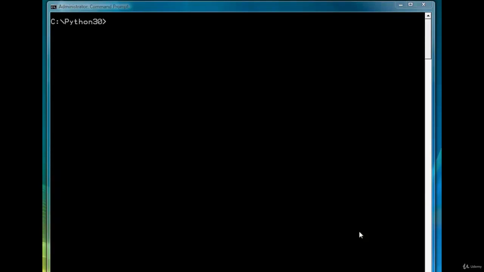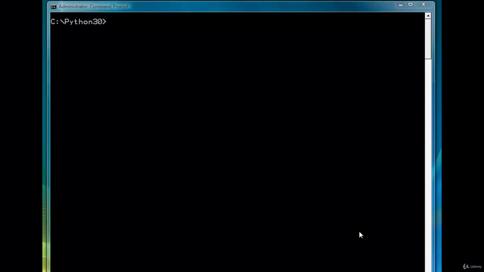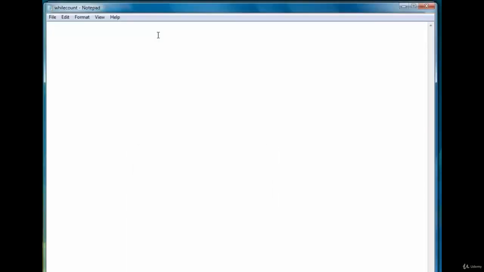In this lesson, we're going to look at the count-controlled while loop. To demonstrate how it works, I'm going to provide 2 examples. So let's get started. We're going to call this program while count.py. The first thing we're going to do is a very simple program that sums the first 10 integers,